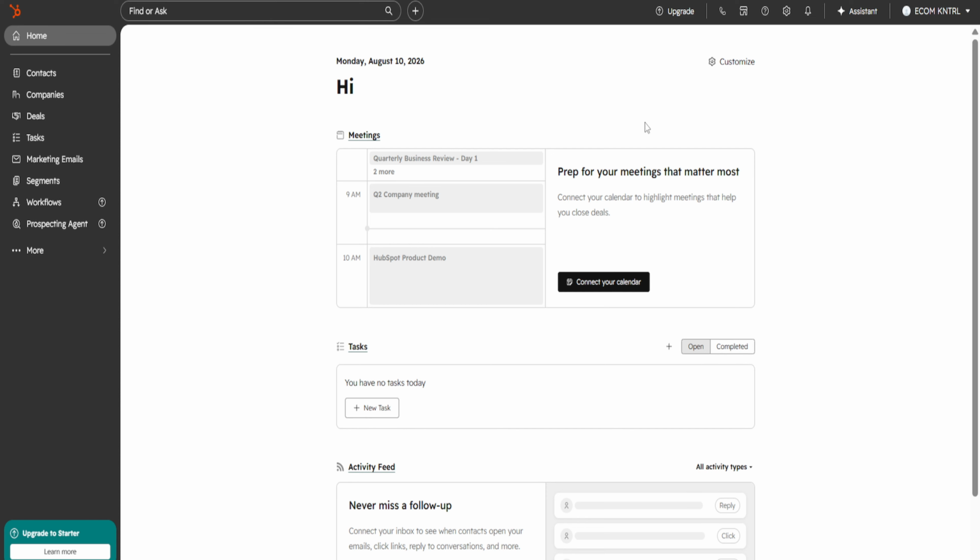To begin, log into your HubSpot account. Make sure you're signing into the correct workspace or portal where you want the integration to be added. This is important because if you have access to multiple accounts, you'll want to install ClickUp in the right one from the start. Once you're inside HubSpot, give the dashboard a moment to fully load so all menu options are